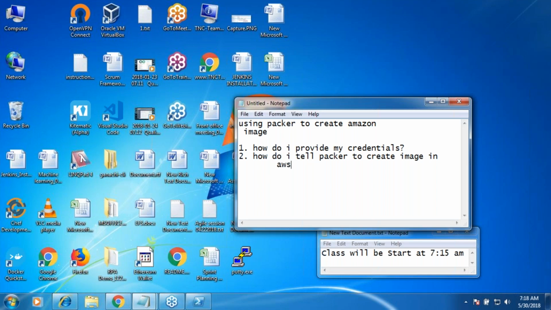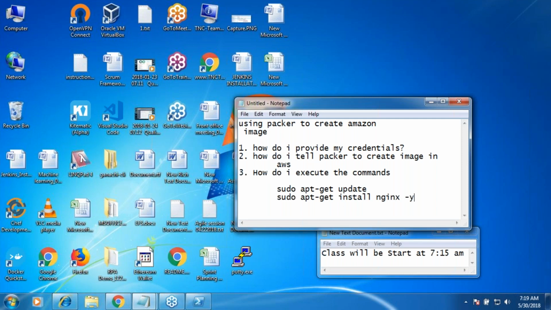Okay, fine. Next, how do I execute the commands? In our case, the commands were sudo apt-get update and sudo apt-get install. So how do I tell this to Packer?